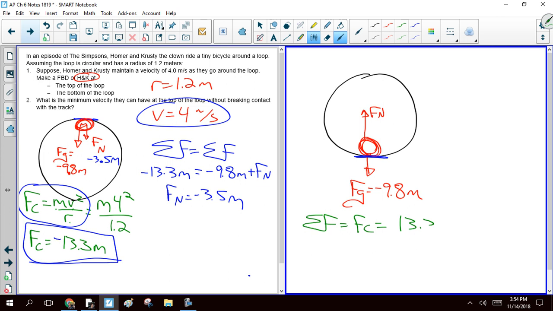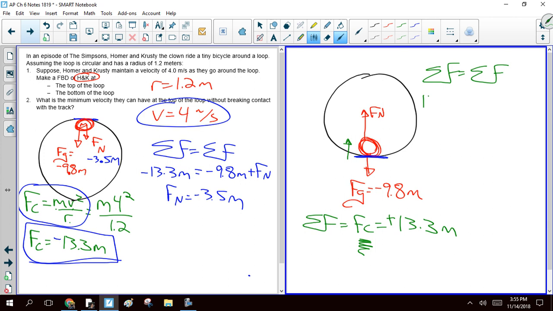It's 13.3 m. The big difference here is that now, because we're at the bottom of the path, remember your centripetal force acts towards the center of the circle. So for us, our centripetal force has to act towards the center of the circle, in other words, up. So this time my centripetal force is positive. So when I go back to my net force equation,